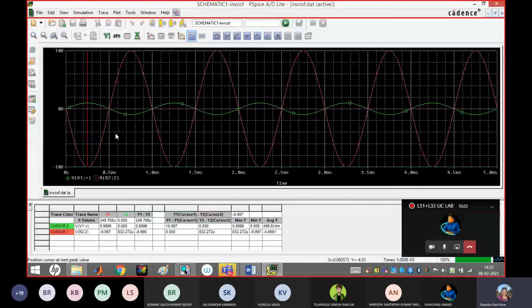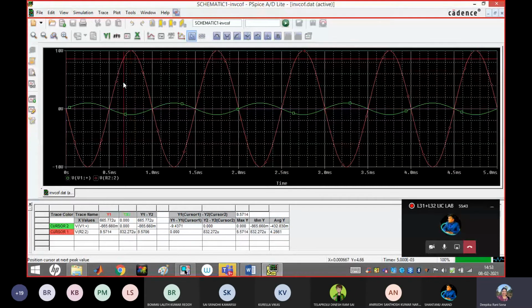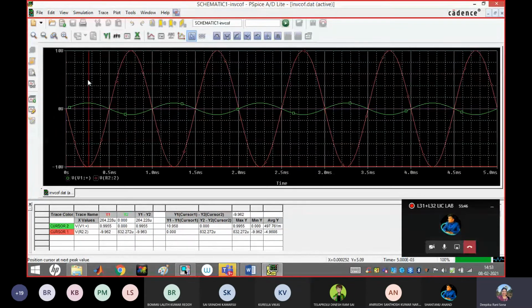So now just see, guys, what is our requirement for the inverting output voltage? Red one is output, input is green. If you keep it here, see, it is coming 0.99, means nearly 1 volt. The input is nearly 1 volt, 0.99, and the output should come minus 10 volt, but instead of minus 10 volt, it is coming minus 9.962, and it is coming inverted with a phase shift. So this is the required output.